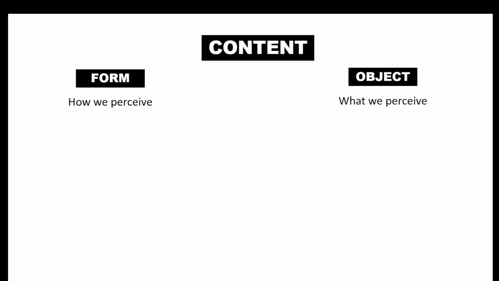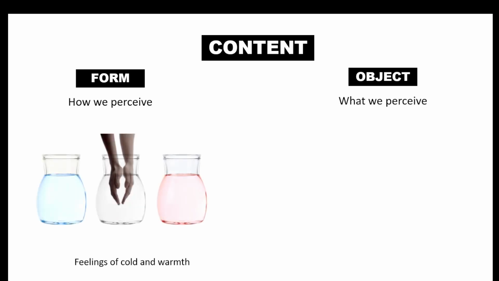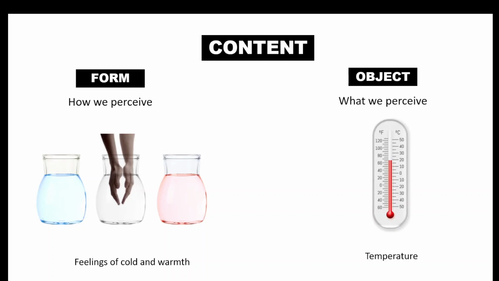Why? Well, perception has two forms of content. Number one is form, how we perceive a thing, and number two is the object, what we are perceiving. So the feelings of cold and warmth are the way in which we perceive a thing out there, and the thing we are perceiving is the temperature of the water, basically. So it is correct that when there are temperature differences, from cold to normal, water appears to be hot, and from hot to normal, water appears to be cold, and the way in which it appears is also valid.